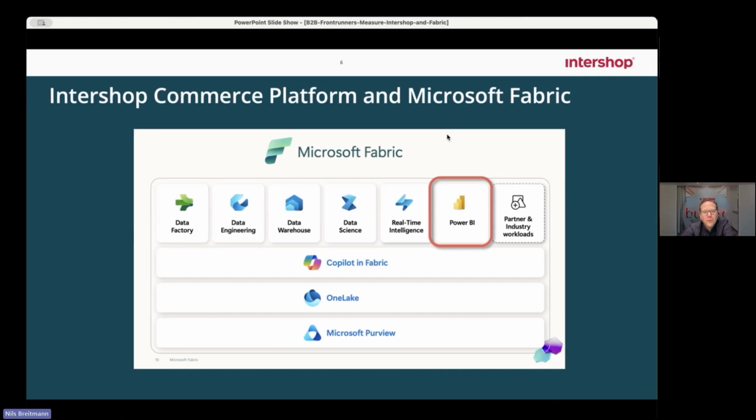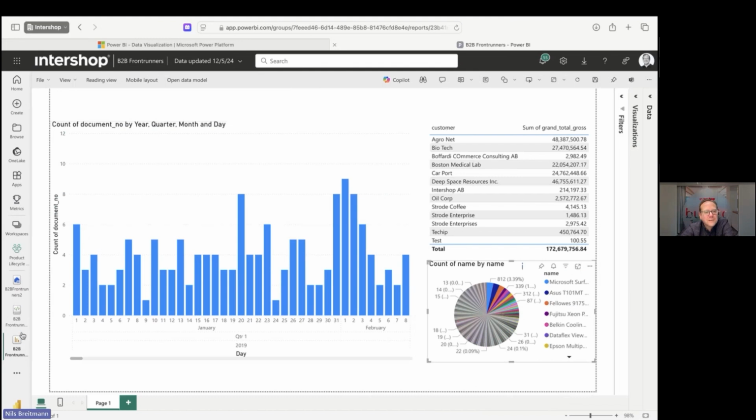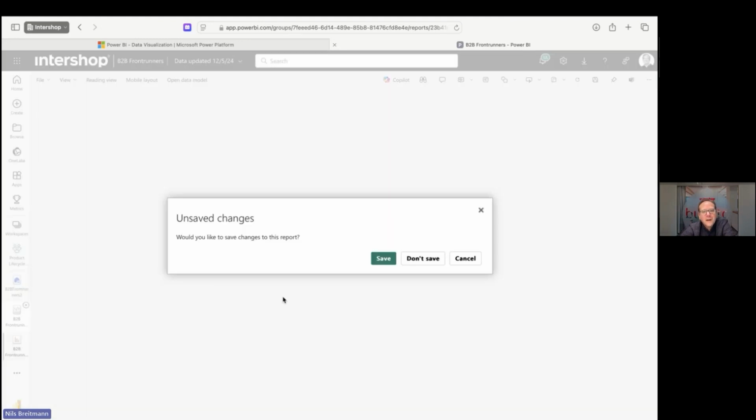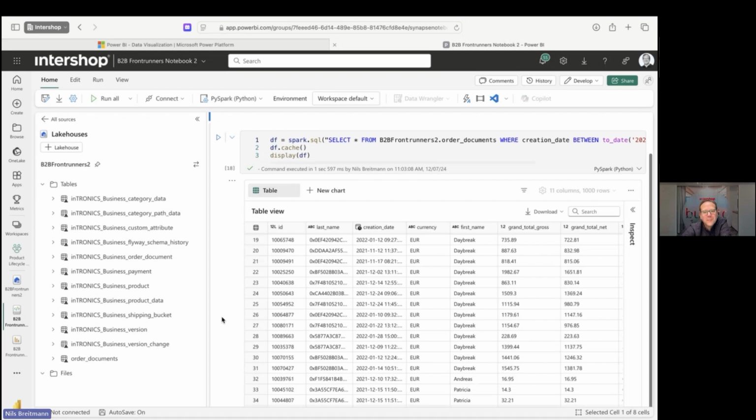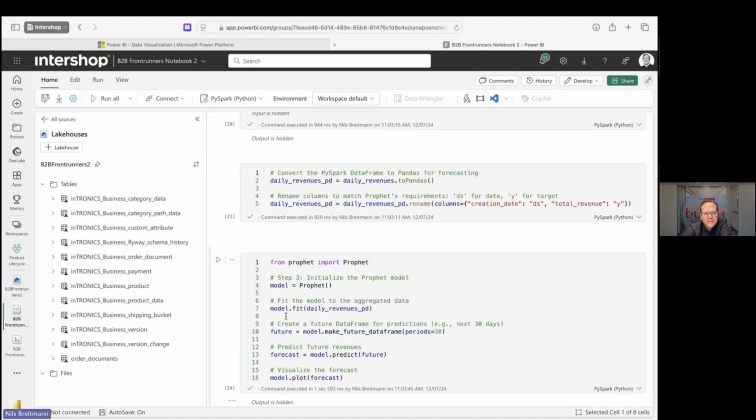So that's an important part of Fabric, but we can go even further and do some little data science, and Fabric has a nice feature for that. This is called notebooks, and in those notebooks you have your data accessible, and you can build some little steps. There is a little coding involved, so you can use some Python here to analyze the data, load the data like here with this simple statement. But you can also do some fancy things like